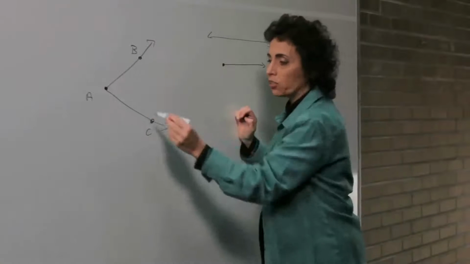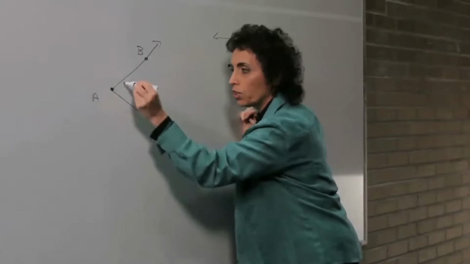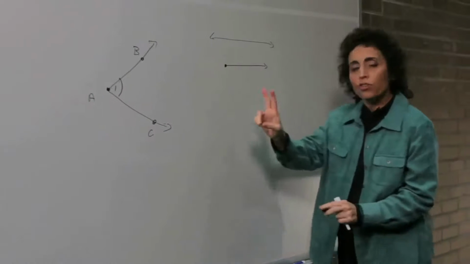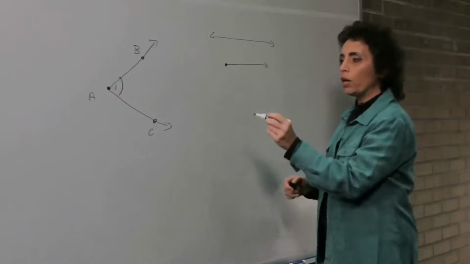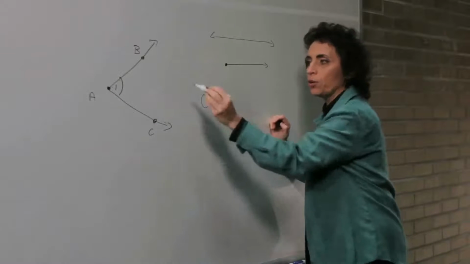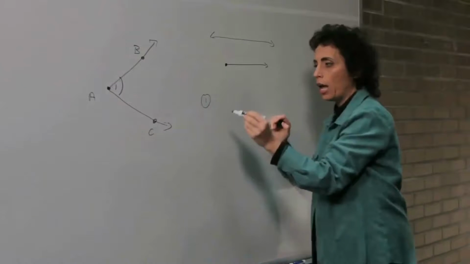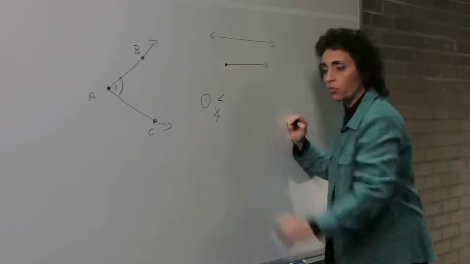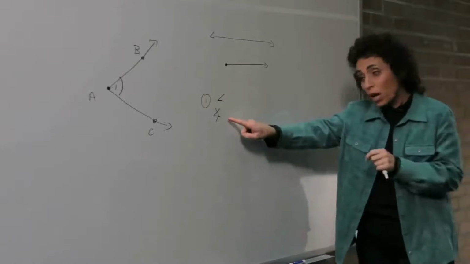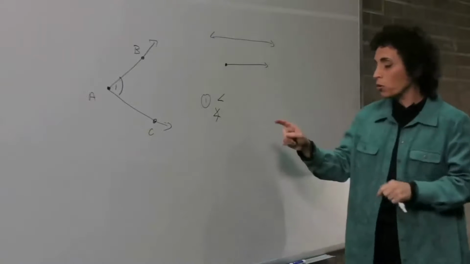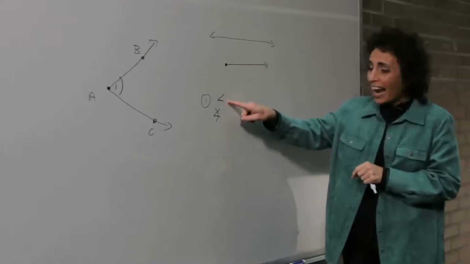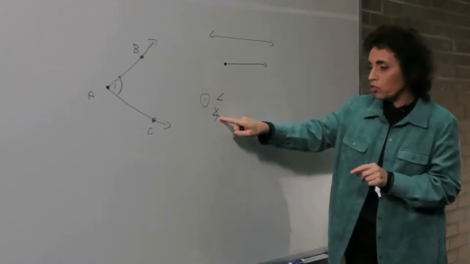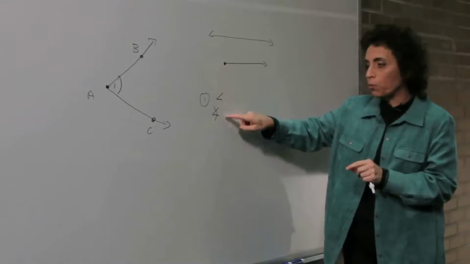Now notice the angle itself is this rotation. It's this right here that's the angle itself, which I have a little 1 in there. There's a couple of different ways you can name an angle. One way is to name it by 3 letters. You can name this angle BAC, and by the way, you can use this as a symbol for angle or this as a symbol for angle. When I was growing up, when the dinosaurs were around, we only used this symbol. I don't really like it because to me it looks like a less than symbol. So you're probably going to see me use this more than this one, but they are both possible.